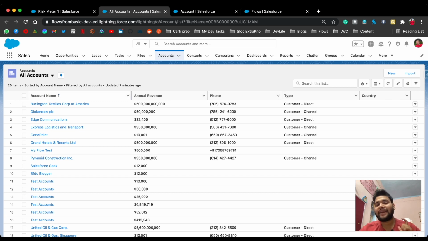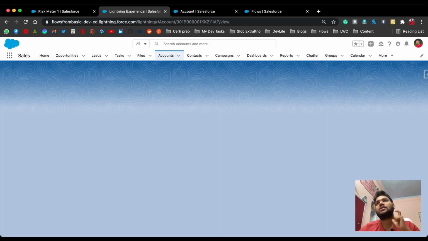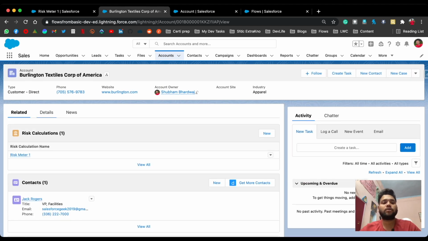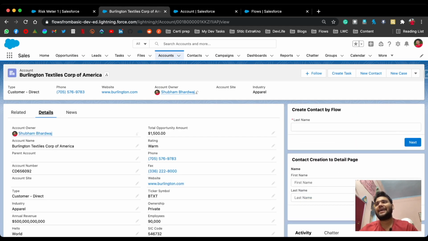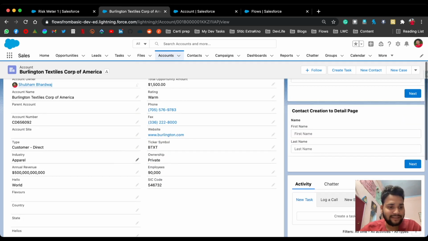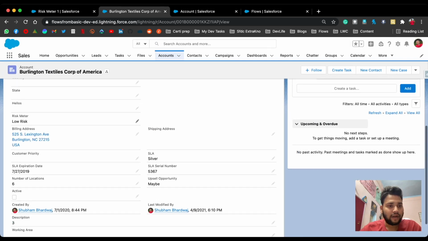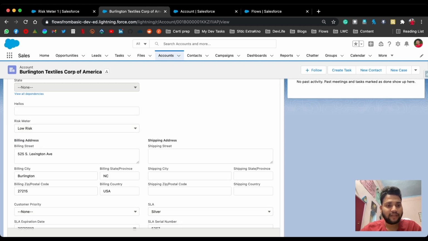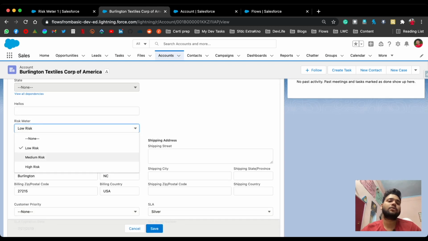On the parent we have a picklist field, Risk Meter, which has 3 values: low risk, medium risk, high risk.